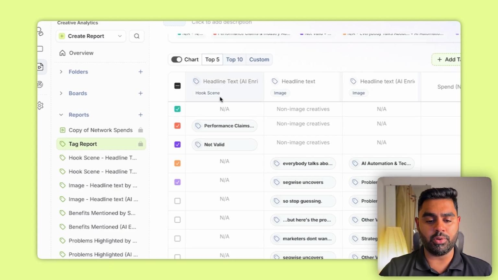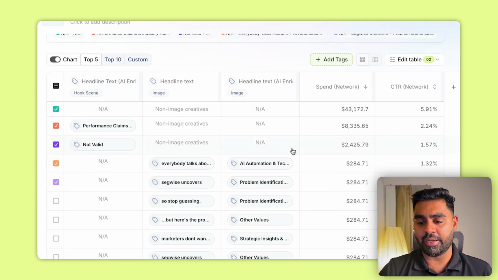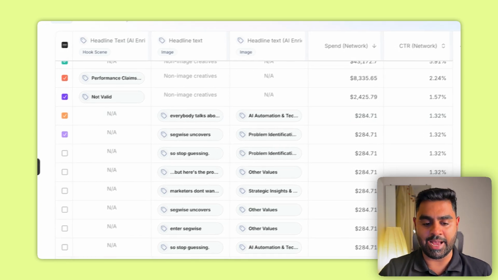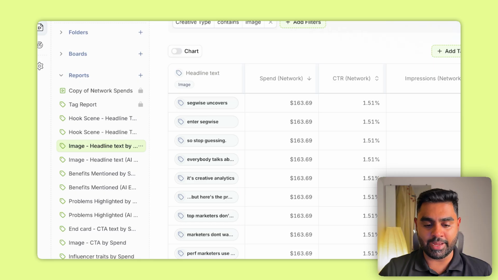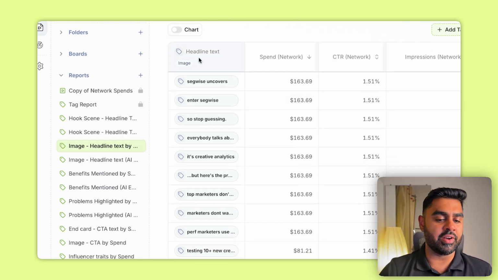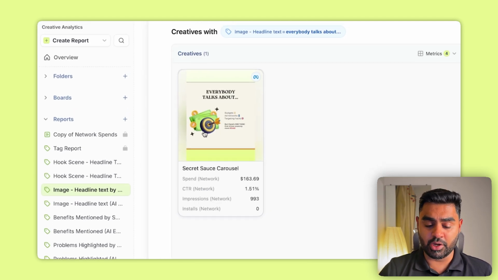This is a tag report for the headline text. You can see the headline text being sorted by spend. Over here, you can see each of the tags for the headlines that are being used across Segwise ads. If I was to look at image headline text, then that's easily available here as well. So as you can see, these are the different types of headline text Segwise uncovers, like "enter Segwise, so stop guessing" and "everybody talks about." So if I was to click on this, you can actually see what the headline is on